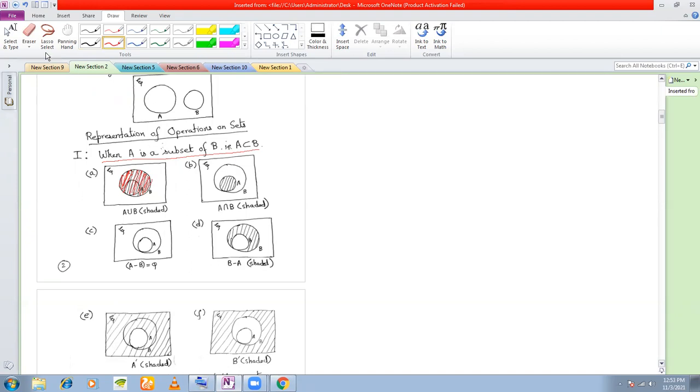No, sir. Now we want to represent A intersection B when A is a subset of B. Now see, again we have a bigger circle and a smaller circle. And when I say A intersection B, what do I mean? The common elements, right, between A and B. So if one circle is within the other, what is the common area between the two circles? This is the common area between the two circles, right? So therefore we shade the smaller circle. Okay.